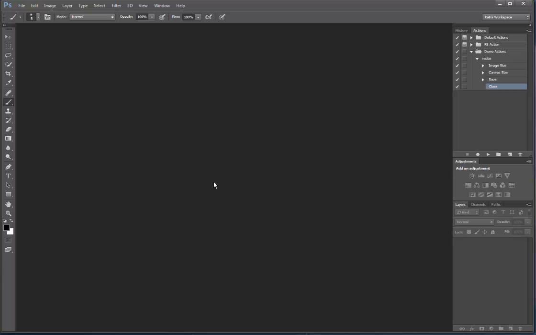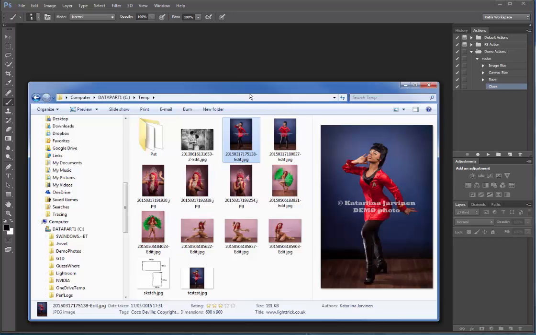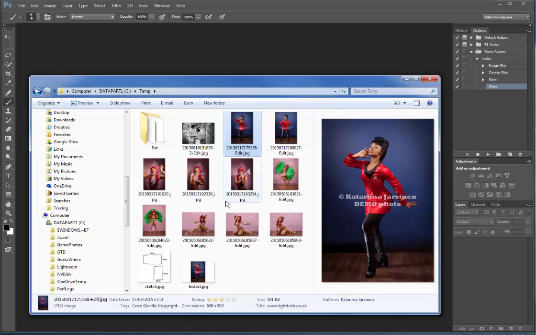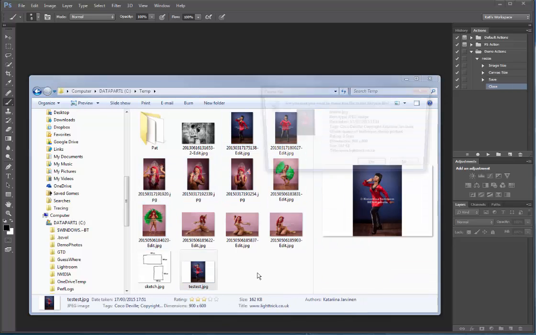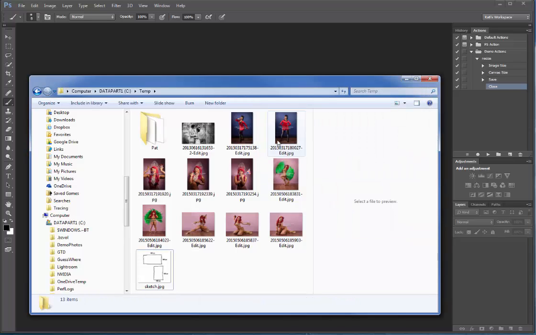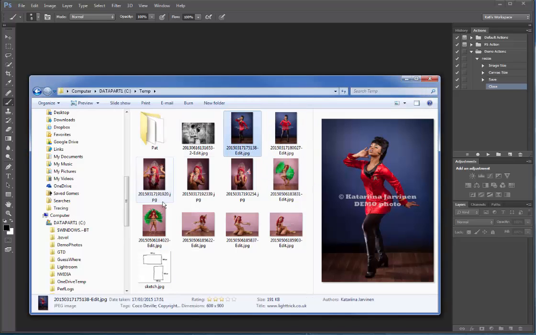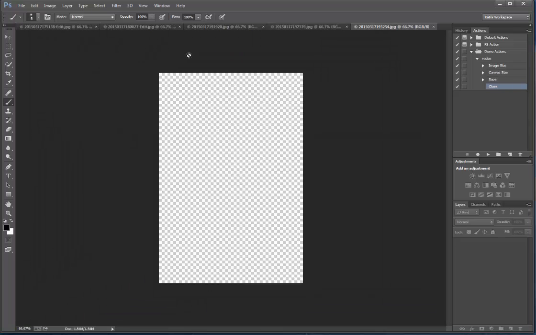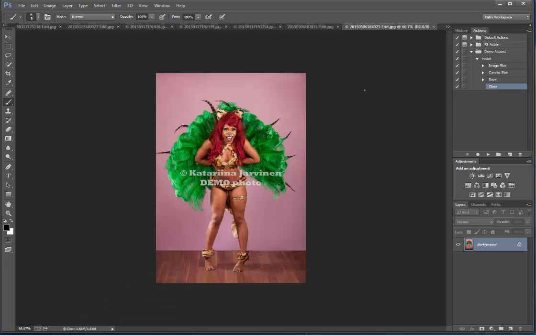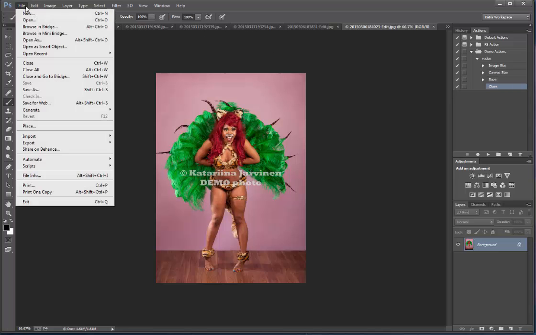The next thing we do is open all the images that need to be resized. Actually, before that, you can just delete that test image because it was only created for the sake of creating the action, basically. Open all the images that you need to resize, so all the vertical images in this case. She always makes me laugh. She's so lovely. Okay. Go to File,